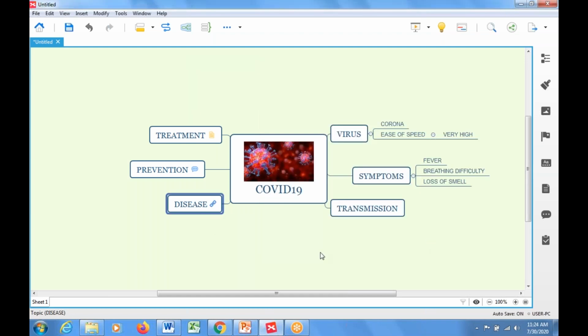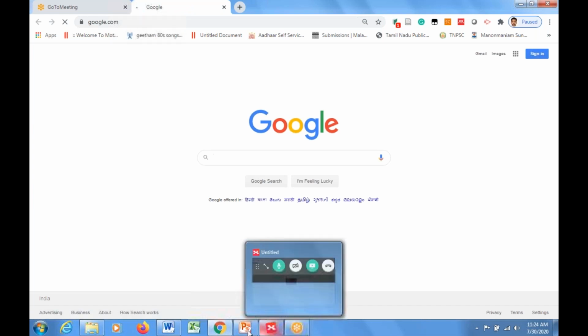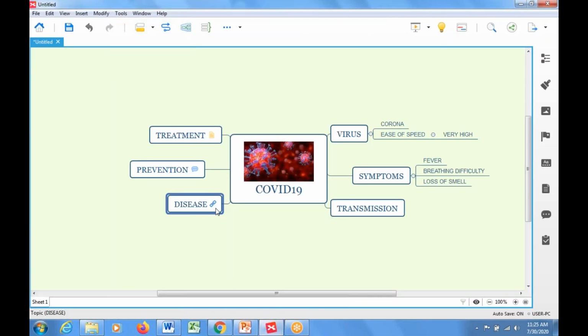So if a child who is happening to open and see this particular mind map, if he clicks on this particular link, you can see here the particular website will be opening. So even that kind of thing also can be done using your mind map, fine, good. That's about linking to an external resource, now URL you are giving to participants, fine.